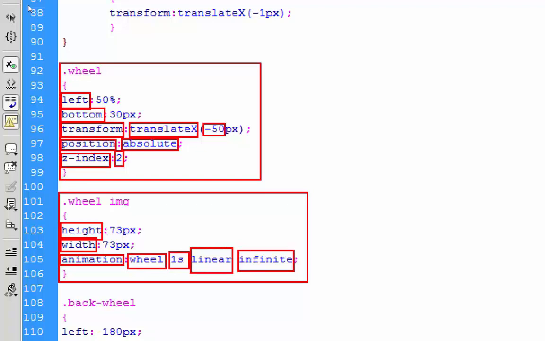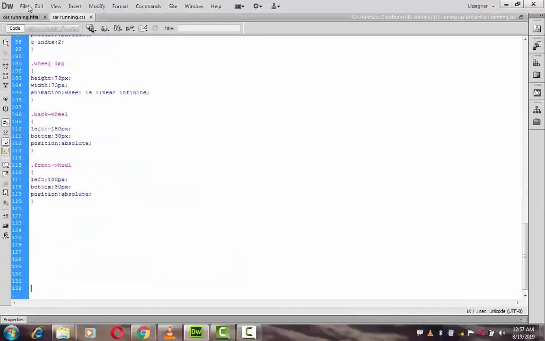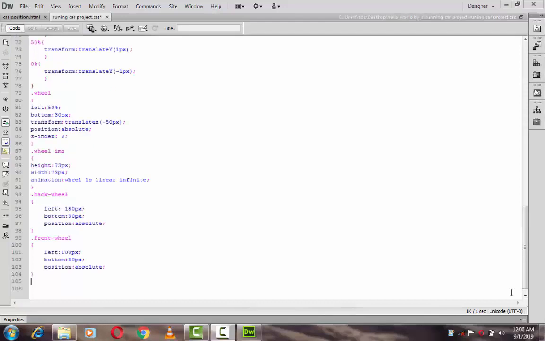And animation is used for animating the wheel in a particular position or image. So after that we use @keyframes for rotating our wheel here. Next we use @keyframes wheel, and after that it specifies the rotation of the wheel.